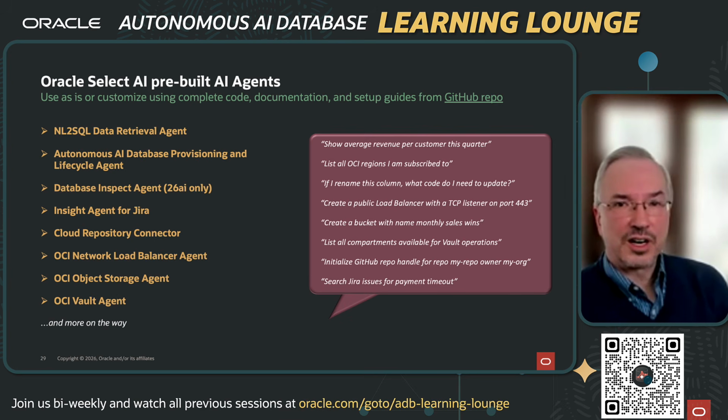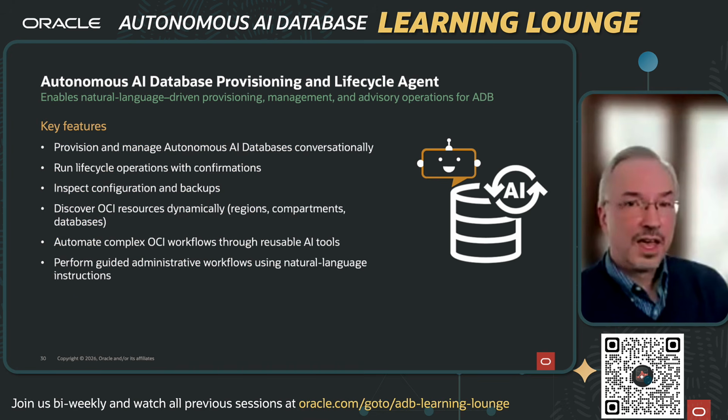Now, these agents are available from our GitHub repository and span capabilities such as enhanced NL-to-SQL for data retrieval, provisioning an autonomous instance, inspecting database objects to understand behavior and dependencies, and assisting with troubleshooting and issue resolution. Now, there are also agents for using Jira and working with cloud repositories like GitHub. For OCI, we have natural language interaction for network load balancing, object storage, and Vault. Now, you can explore these directly from the GitHub repository, but I'll highlight just a few of these agents here,